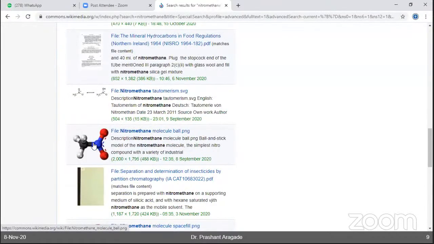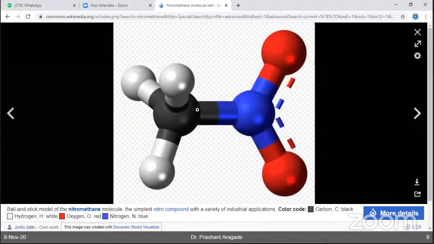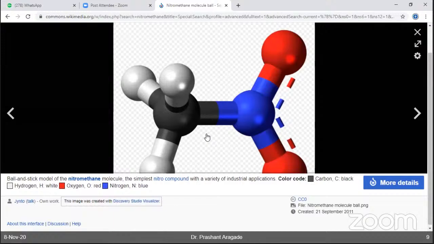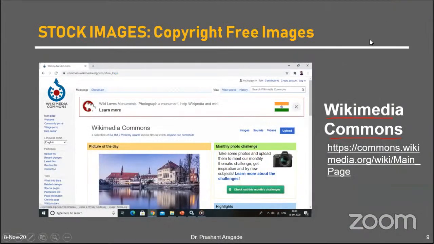See here, I got a nitromethane molecule, ball and stick model. So this is a very proper image. And before downloading, you have to find out its license, that is CC0. When you click here, one minute, I will